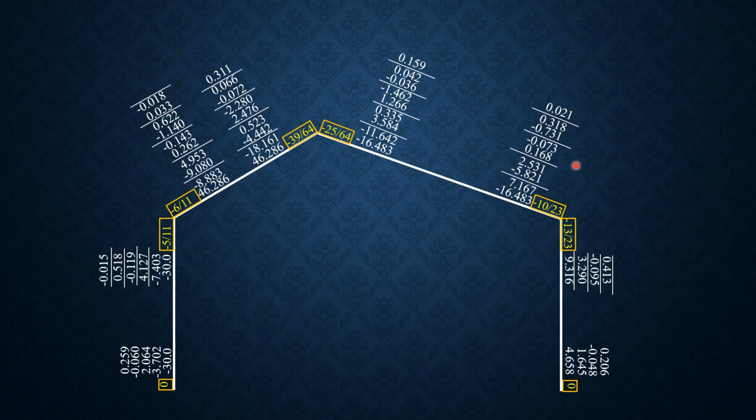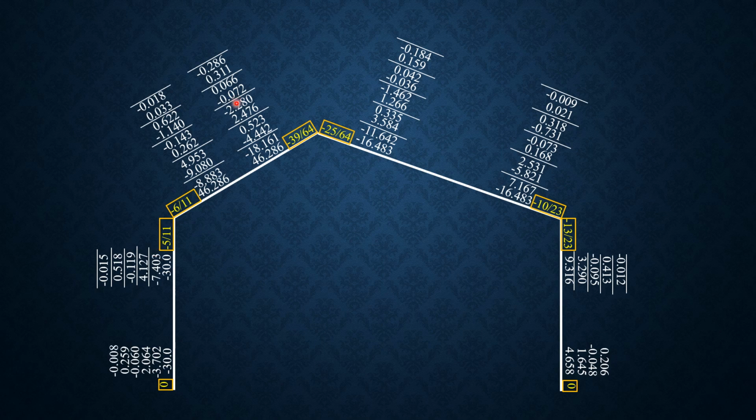0.021 times negative 10 over 23, negative 0.009 lakh. 0.021 times negative 13 over 23, negative 0.012 lakh. Carry over, so 0 here, half of negative 0.015, half of negative 0.286, negative 0.143, half of negative 0.018, half of negative 0.009, half of 0.184, then 0, half of negative 0.012. Negative 0.140 times negative 6 over 11, 0.078, so let's lock it finally. Negative 0.140 times negative 5 over 11,